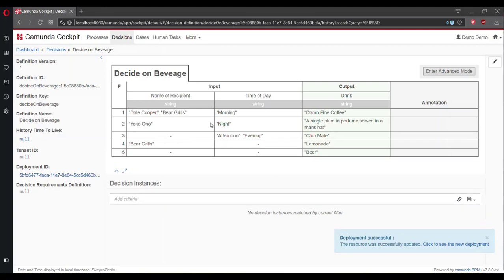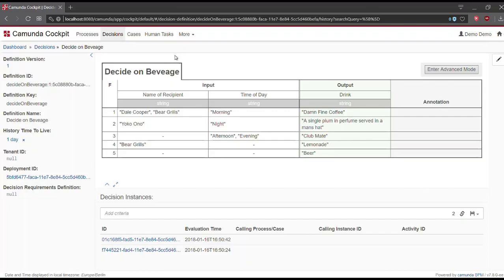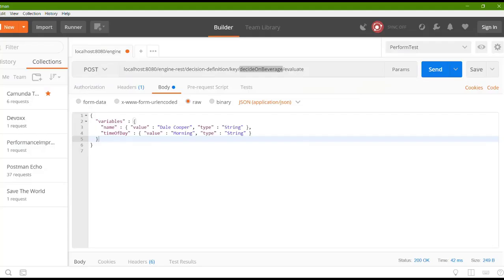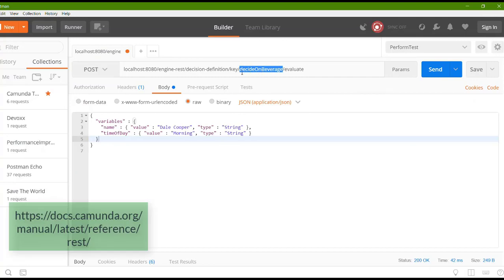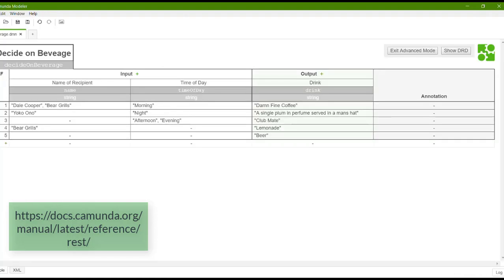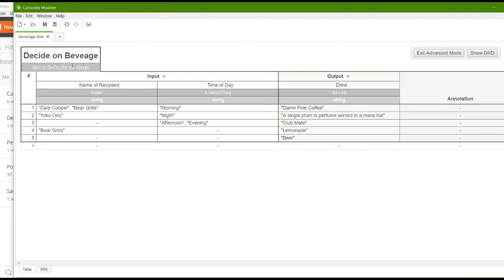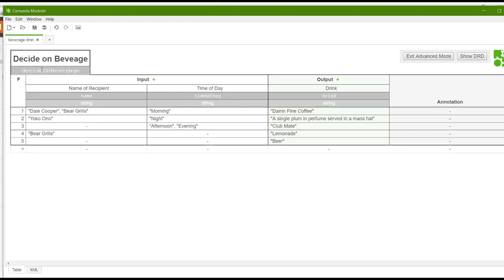And before we actually call this from a BPMN model, it might be a nice idea to call this directly. Now, testing this decision table is actually pretty easy at this point because we have it deployed to Camunda locally, and therefore we can utilize the REST API in order to send requests and evaluations. So in this case, I have Postman right here, and Postman is going to help me by basically sending a REST call that's going to specifically call our process by the key. We may remember entering this key on our DMN table or decision table because we gave this guy here, decide on beverage. This is the key that we entered, and this means that this is the key in which we can reference it.